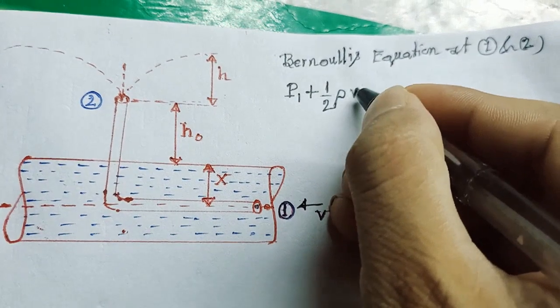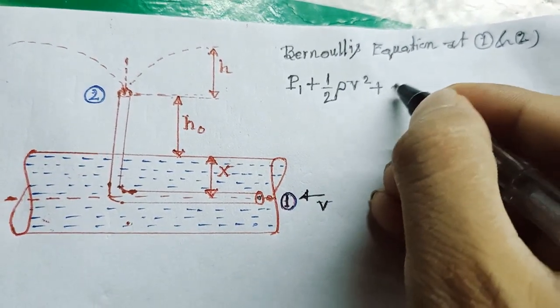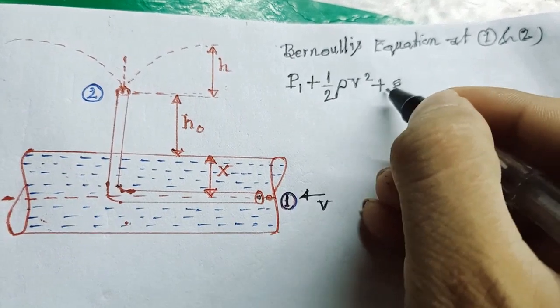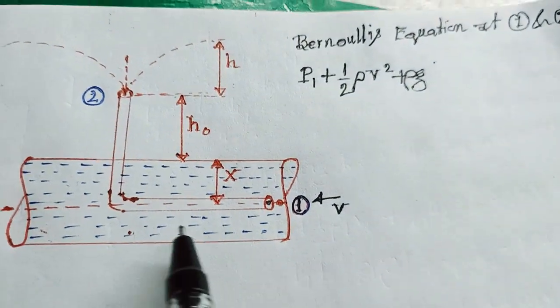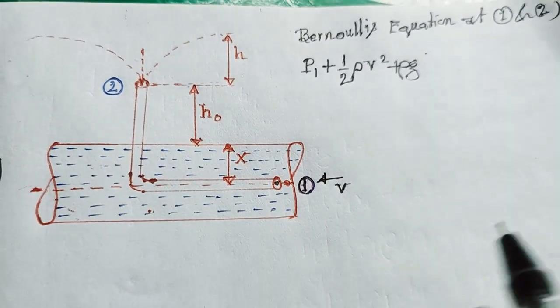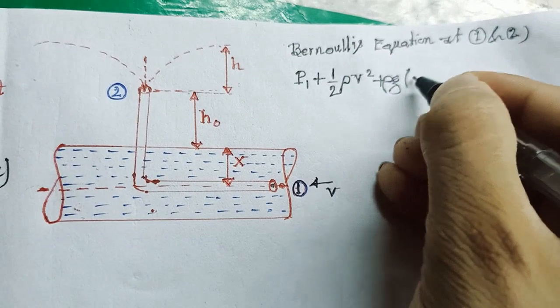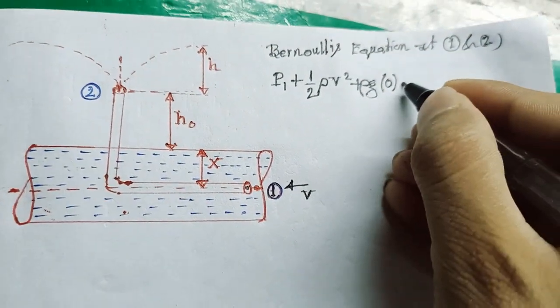P1 plus half rho v square plus rho g h. And now h, as we are taking this section as a datum level, its height will be 0 for section 1. That will be equal to